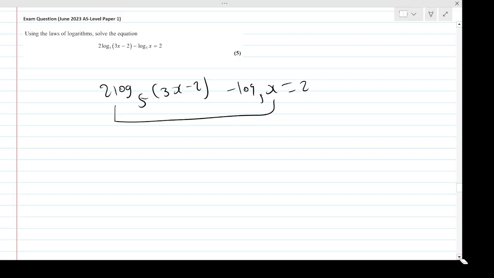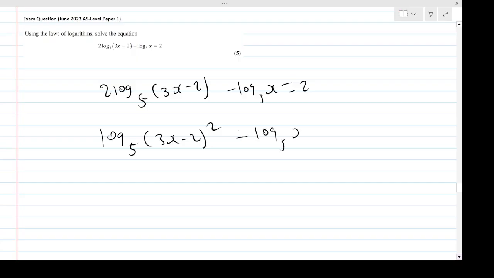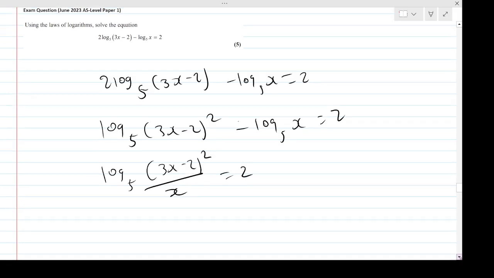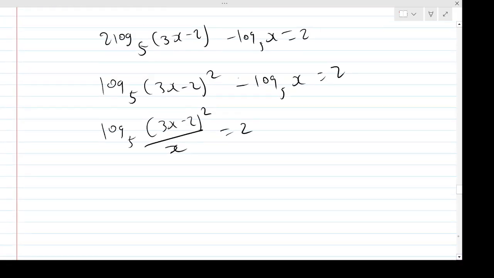But before I do that, I notice I have a 2 in front here. I need to put that as a power. So then that'd be log 5 of 3x minus 2 squared, take away log 5 of x equals 2. Now I can bring it as one log by dividing. So that'd be 3x minus 2 squared over x, and that will equal 2. Okay, and so then at that point, I can convert the whole thing as an exponential, or say